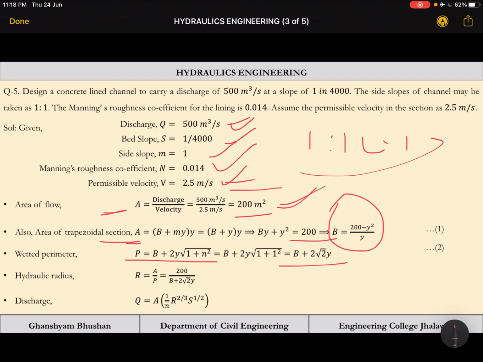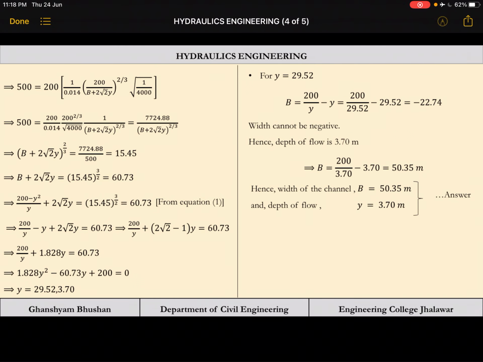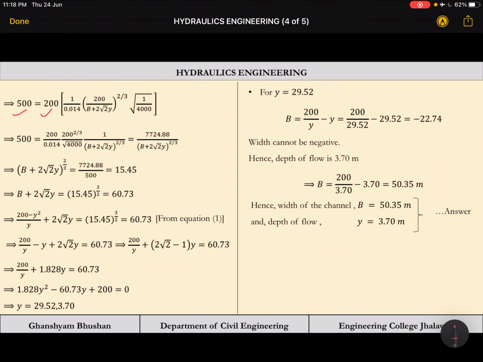Now hydraulic radius is nothing but the area divided by the perimeter. So area is 200, perimeter is b plus 2 root 2 y. Now discharge is given by Manning's equation, the velocity given by Manning's equation multiplied by the area. So Manning's equation is 1 by n R raised to power 2 by 3 S raised to power 1 by 2, and if it is multiplied by the area, we will have the discharge. Fine. Now the discharge is given as 500, area is 200. By putting the different values, here we can calculate